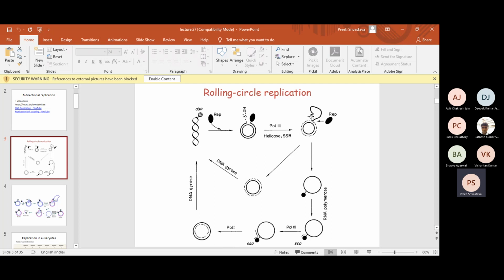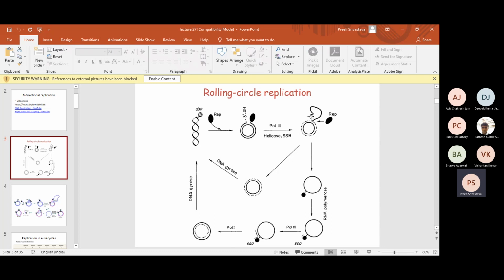So this is the single stranded DNA, and this remains single stranded for some time unless it is acted upon by the RNA polymerase. Unless the RNA primer is synthesized, the DNA polymerase cannot carry out synthesis. If you grow the cells in log phase, in exponential phase, then the cells are actively replicating, and in such cases you can trap the replication intermediates, wherein you will find both single stranded DNA as well as double stranded DNA.